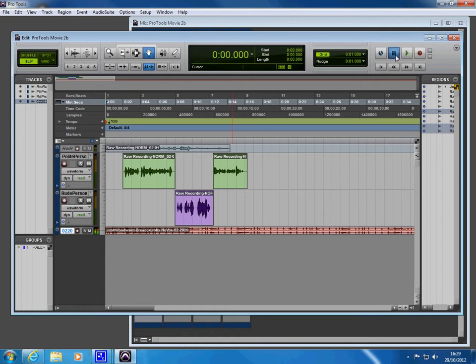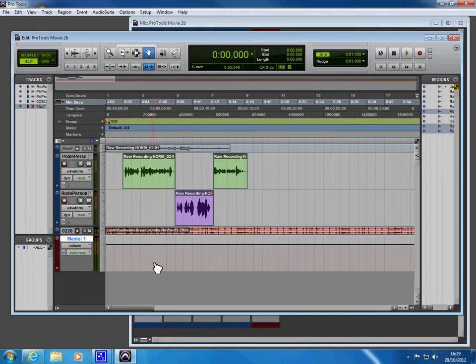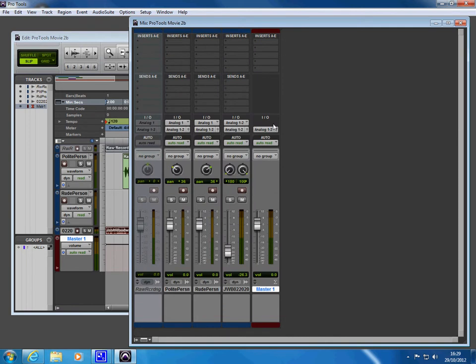I'm going to add a new type of track, which is called a master fader, and basically this is like a track which represents your audio after everything has been done. So we look at it, it's called master 1. I have to set it to be the analog output that I'm playing back, and that means that if I now play,